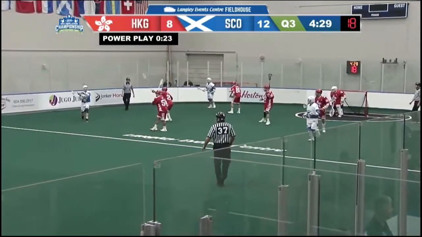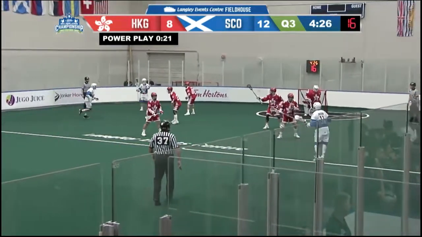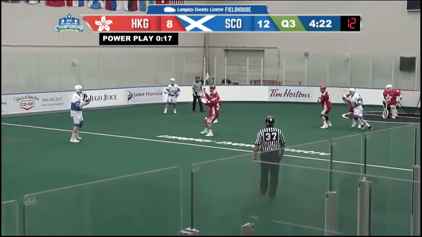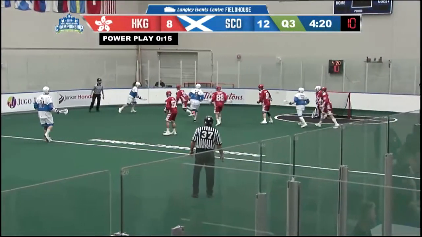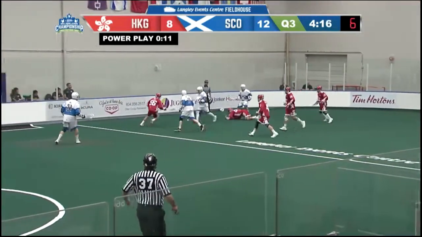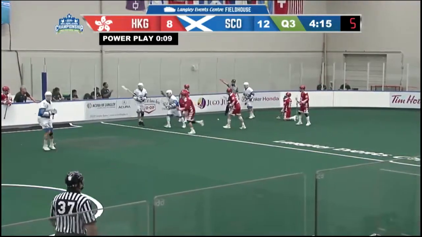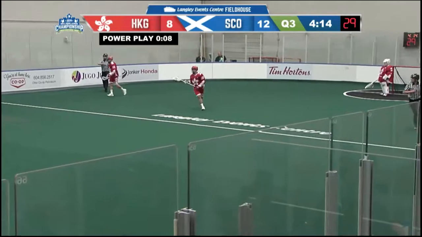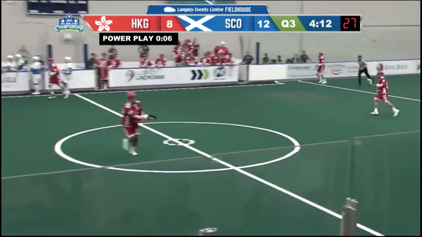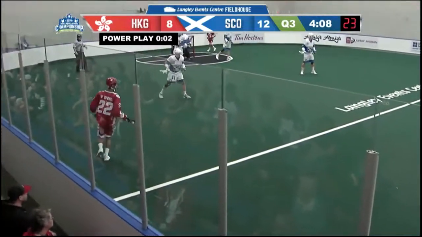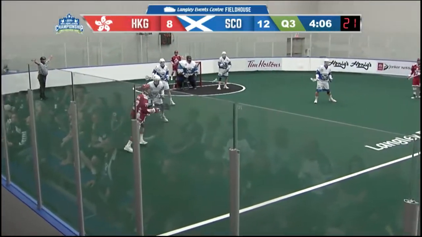And Scotland out to a 4-goal lead. Each team has had some decent leads. I was going to say comfortable, but obviously maybe comfortable at the time, not now. As this game was tied 8-8 late in the second quarter, Scotland made it 9-8 after 30 minutes.